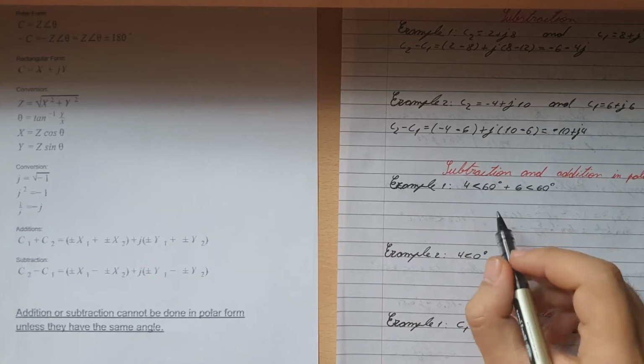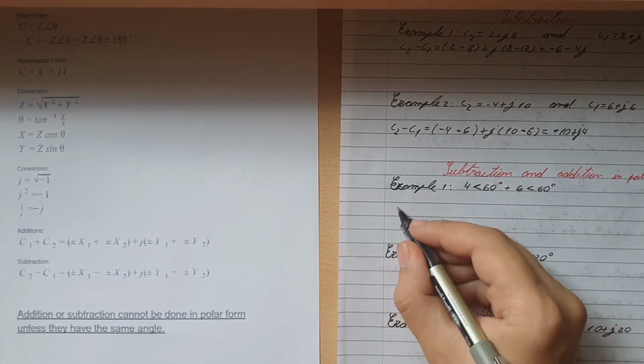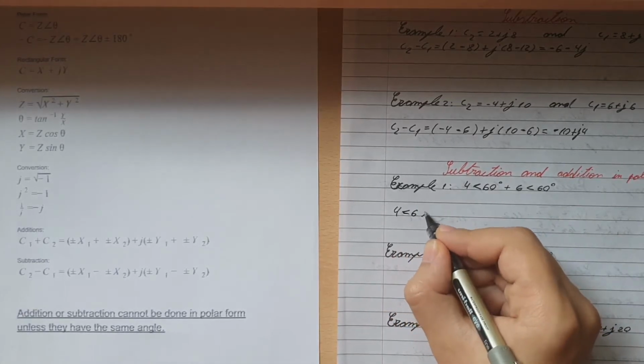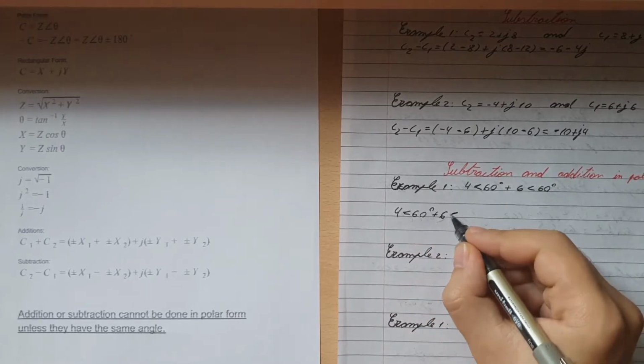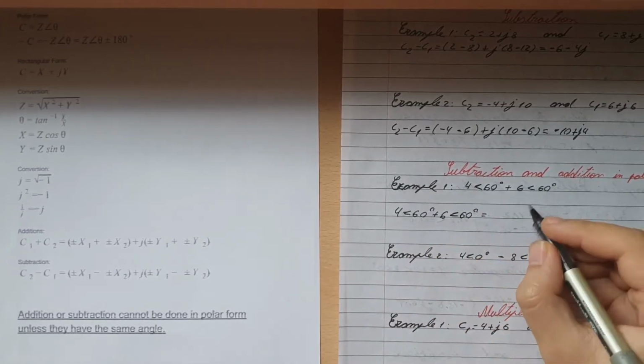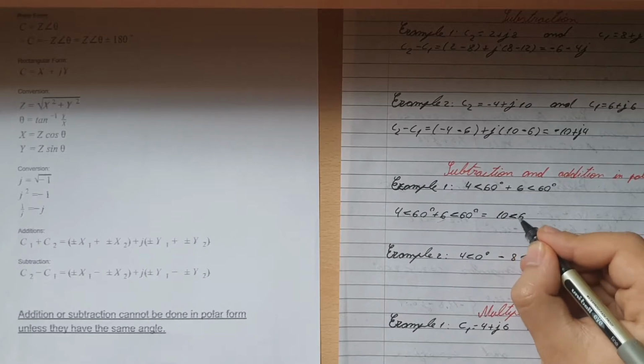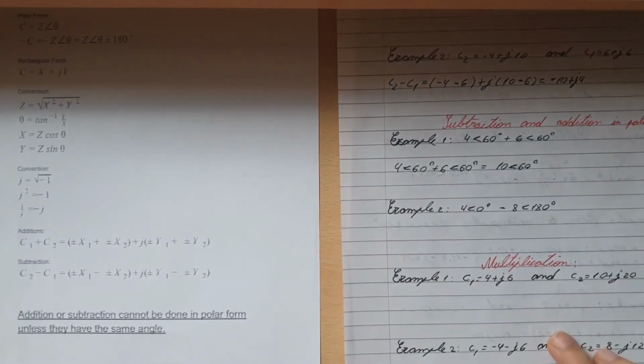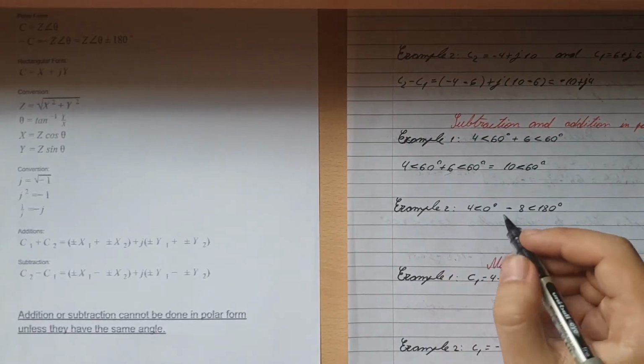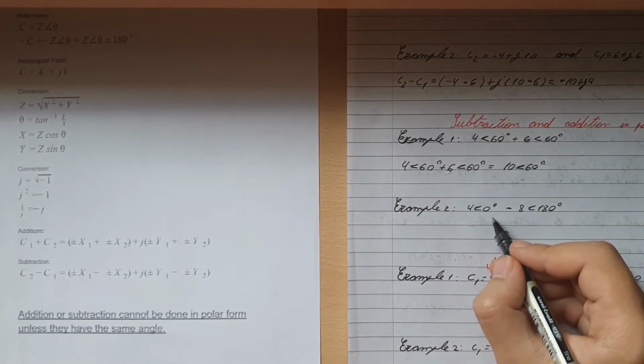Let's do this one. In this one we need to add them together, so it'll be simply 4 angle of 60 degrees plus 6 angle of 60 degrees, which will simply be equal to 10 angle of 60 degrees. Very straightforward. Now for this one it's a bit more complicated because we need to convert the 0 degrees to